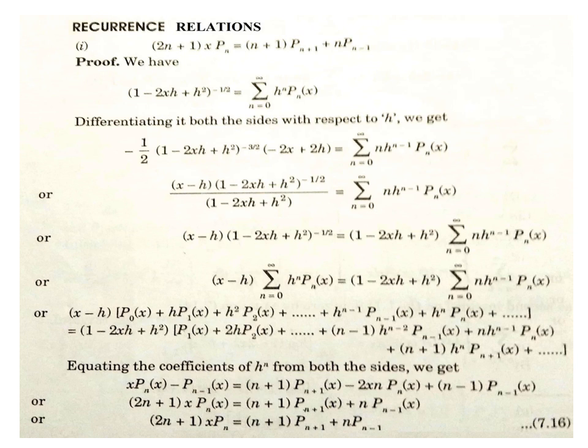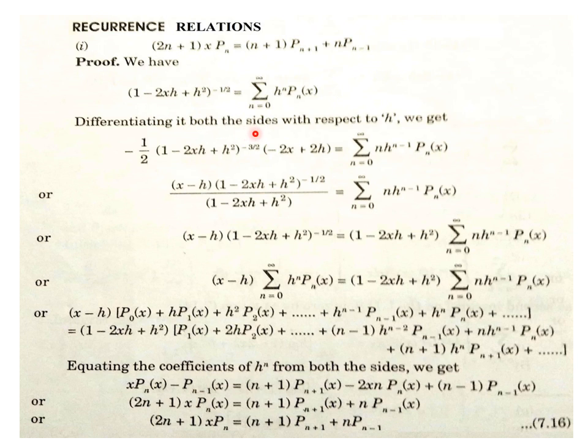Recurrence relation 1, as you can see, is (2n+1) x Pn(x), where Pn(x) is the Legendre function, equals (n+1) P(n+1) plus n P(n-1). So we can see three different Legendre functions are involved here, with three different subscripts: n+1, n, and n-1. We are starting from that famous equation using which the generating function concept was discussed,